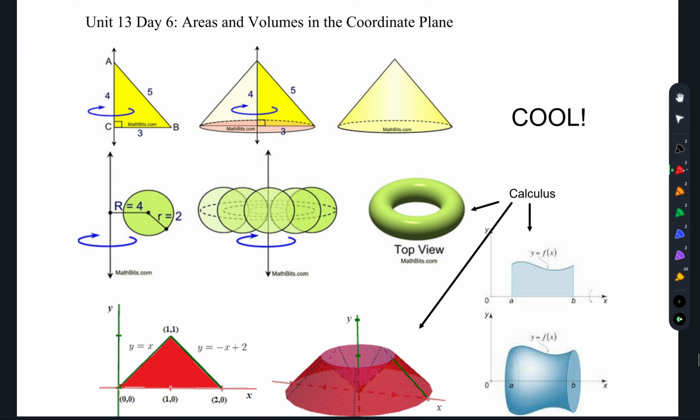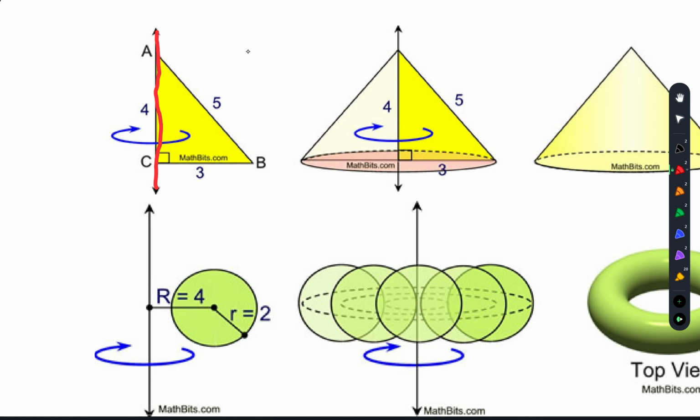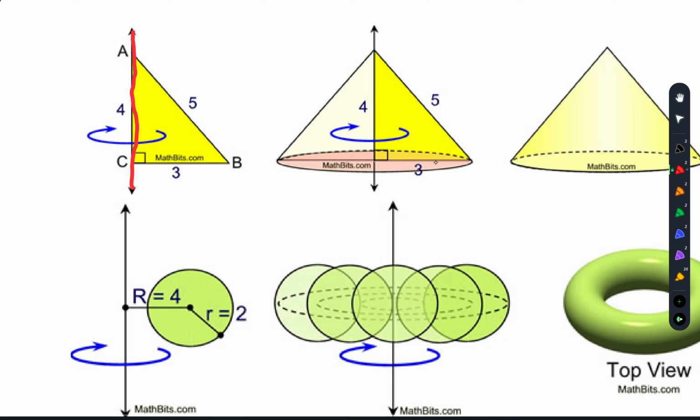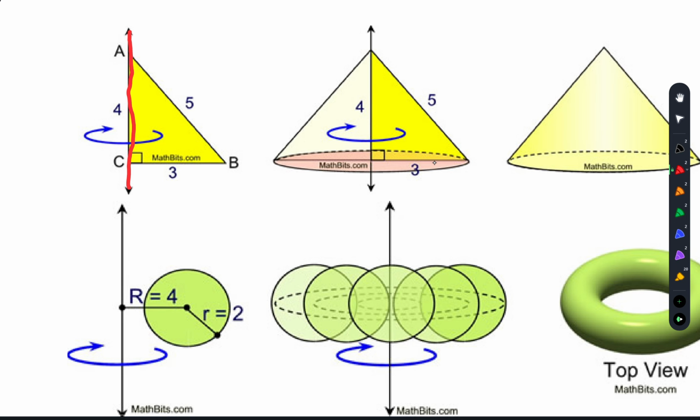What we're going to do, does everybody see how there are these two-dimensional shapes here? So this right here is an axis of rotation. We take that two-dimensional shape, which is a triangle, and we rotate it around that axis of rotation. You can kind of see as we rotate it around in this second picture, it just goes on